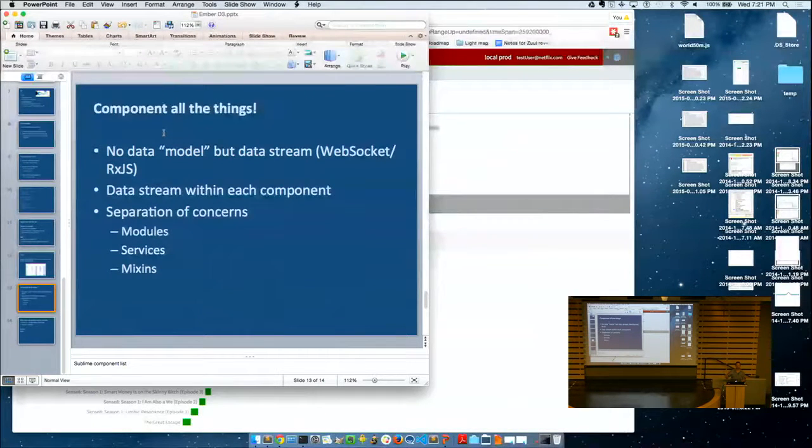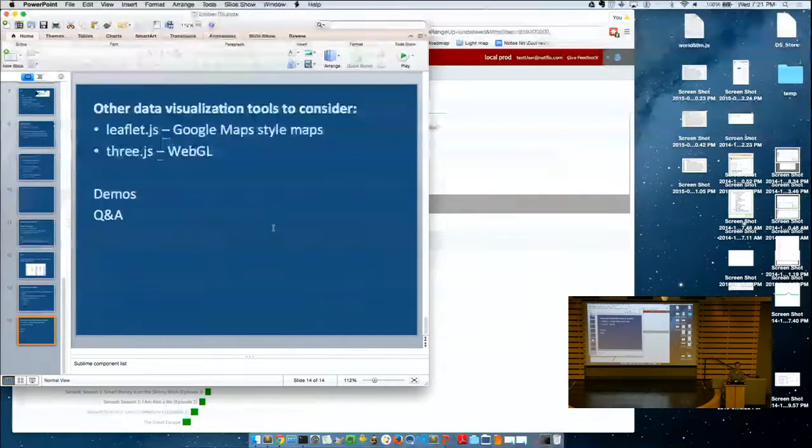So we can mix and match those. If I wanted to take one of those graphs and put it on another page, its data subscription would move with it, and it would just be able to load it up. And our data stream implementation will handle that, and so we can stand up and tear down subscriptions as we need to. And since we're not doing the MVC thing so much,